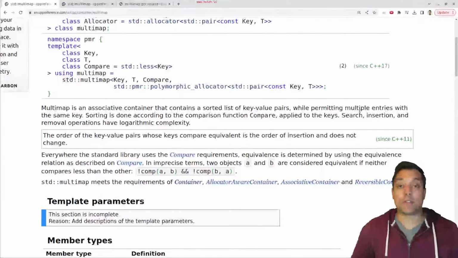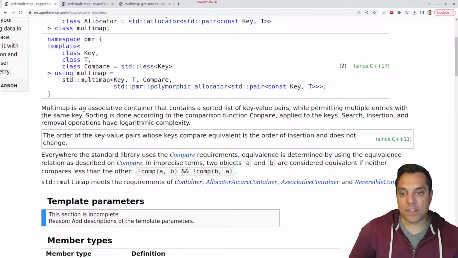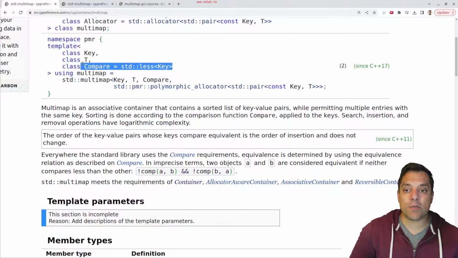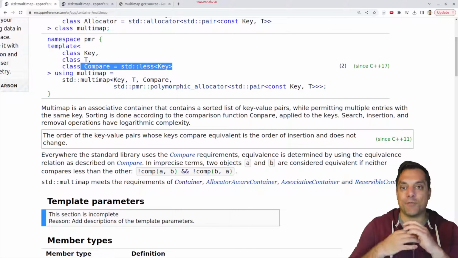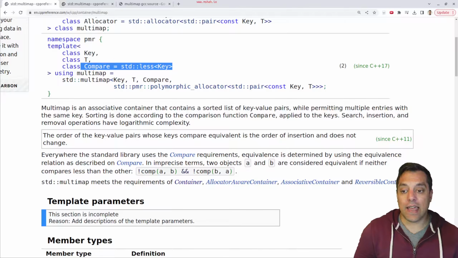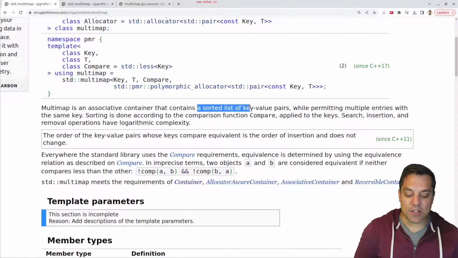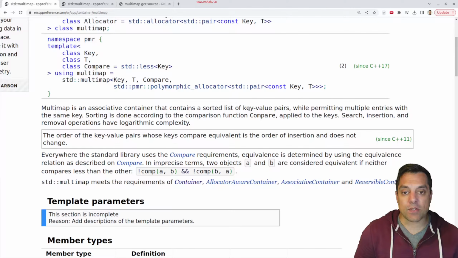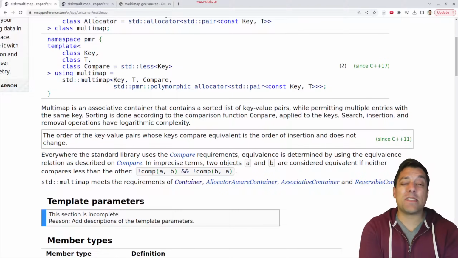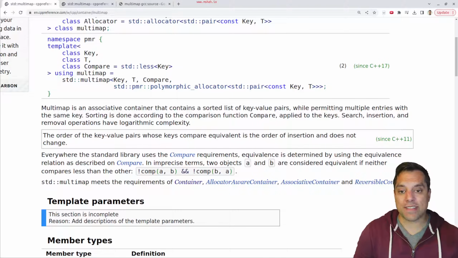And let's go ahead and just try to understand this data structure a little bit. So again, it's an associative container. That means we have key and value pairs here. So here's the key, here's the type. And if we need to, we can write a compare operation again to sort our actual elements in this data structure. So because it's a sorted data structure, that usually means, and again, we're sorting by the key here, that we're going to be using some sort of tree structure to get a logarithmic lookup for our